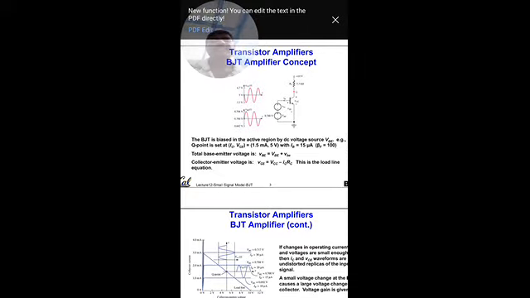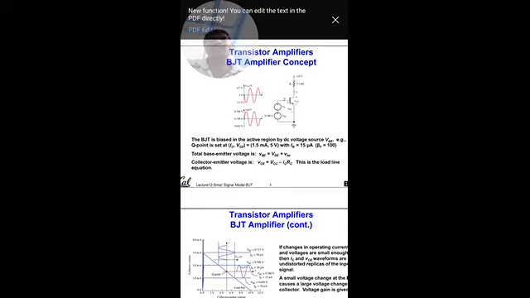So here, let us solve a few problems. Before solving the problems, let us consider a few concepts of the transistor amplifier. Here the BJT is biased in the active region to operate as an amplifier. To work as an amplifier, it is operated in the active region by a DC voltage source VBE, that is, fixing IB constant at a certain value by using the biasing circuit.